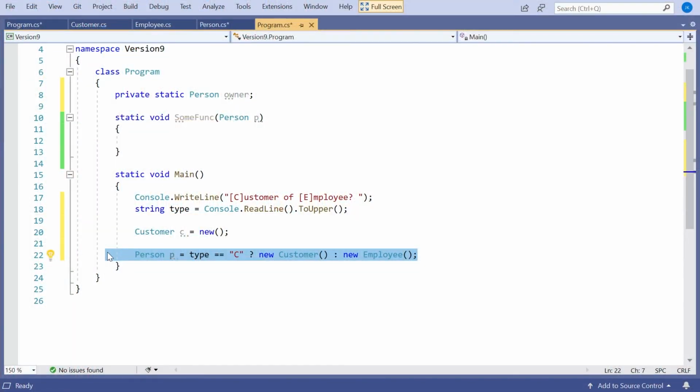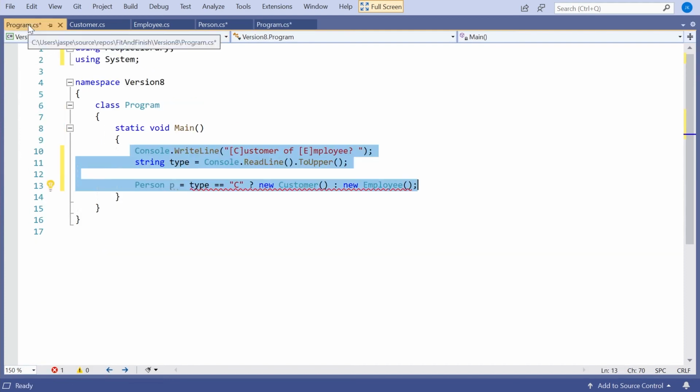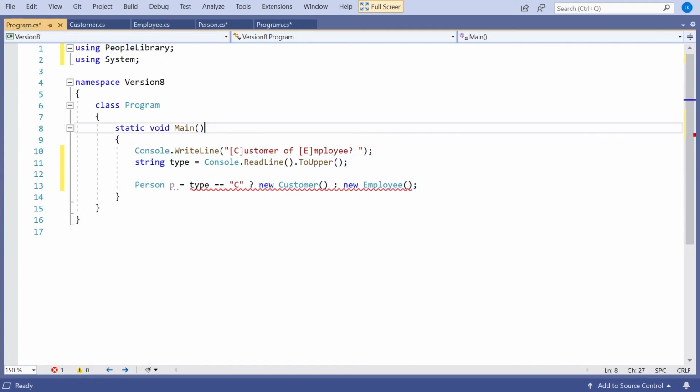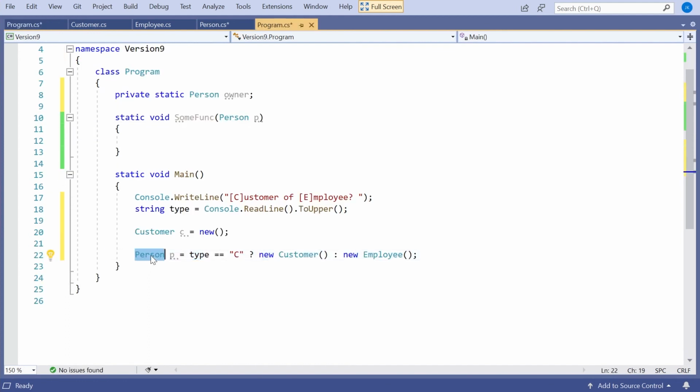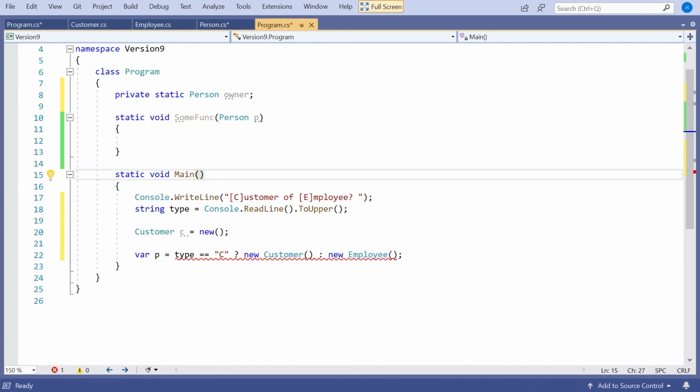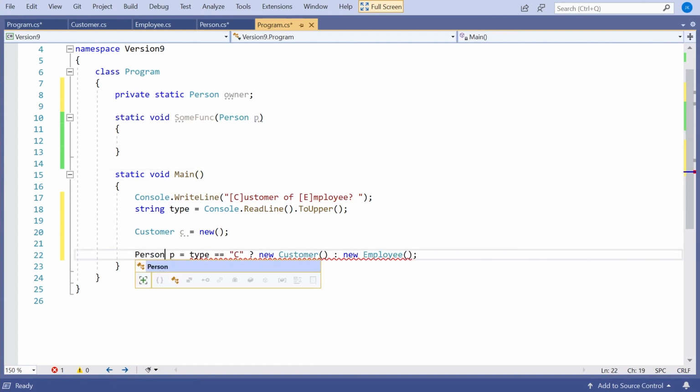And although that's not something you see loads and loads, when you hit it, when you get that problem that we've got in the C#8 version, it really can be quite a confusing one because it looks perfectly logical. Both of those things are derived from person. Why can't we put it into person? Of course, what we still can't do, slightly sadly, is just put var in there because now there's nothing on the left-hand side to infer from the right-hand side. So you can use one or other of these, but not both.